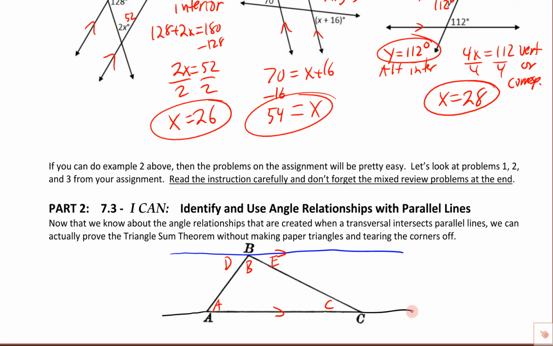So you can think of this triangle as kind of being sandwiched in between two parallel lines, the one that goes through AC and the one that goes through B right here. So this blue line at the top is parallel to the black line at the bottom. Okay, now let's take a look at